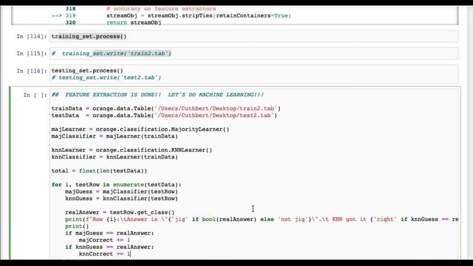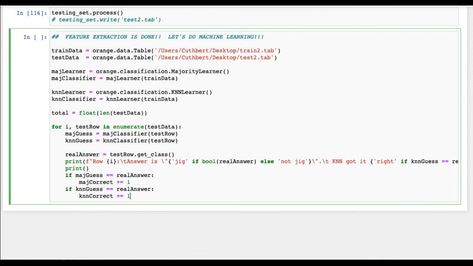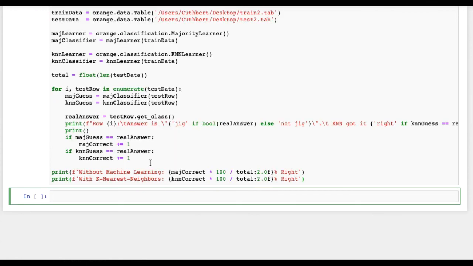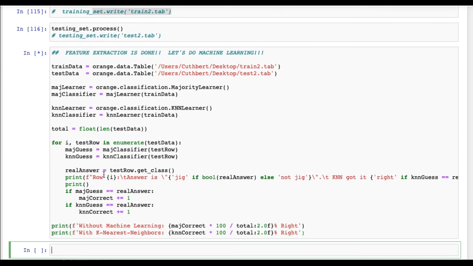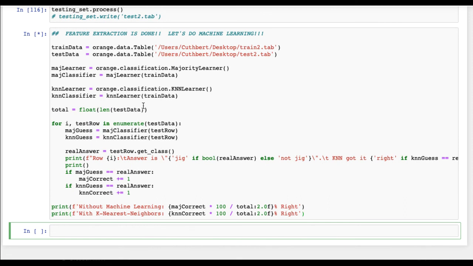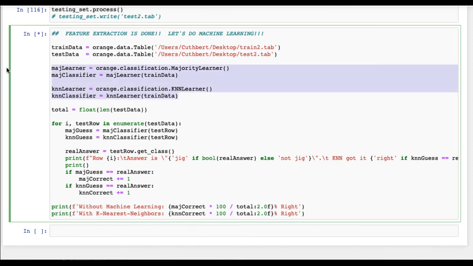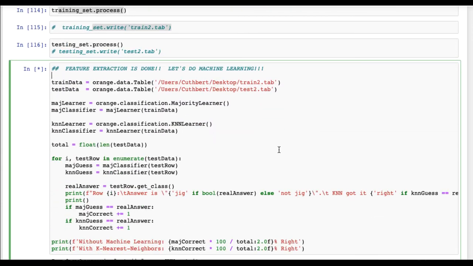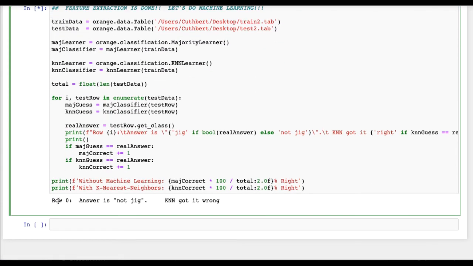Great. We're going to run this again, and then we're going to print everything afterwards. Great. And that's going to go through, and it's going to print a couple things. How are we doing? Oh, we've given it a lot more things to train on, so a lot more data. These are much bigger files because of all the different feature extractors, so it takes a while. You can see in all this time, it's just done one row